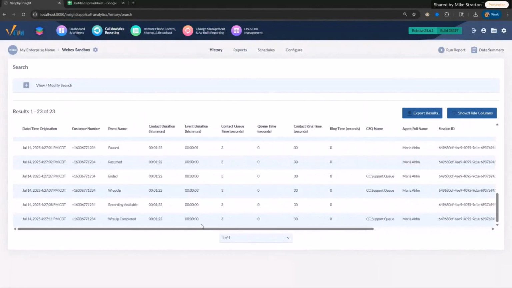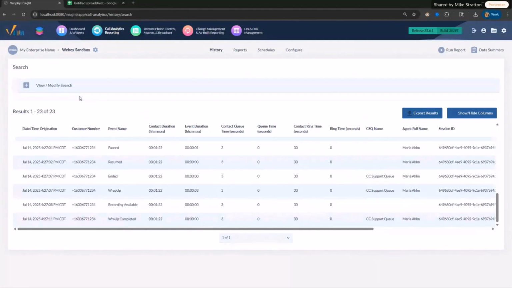So when picking your statistics, it's important to look at the difference in the name of the field. Contact is looking at the entire session, or think of it, if you're familiar with call manager data or call manager reporting, or our Webex reporting as well, it's looking at the sequence. So it's looking at the call as a whole, and then your events are really leaning on these individual rows